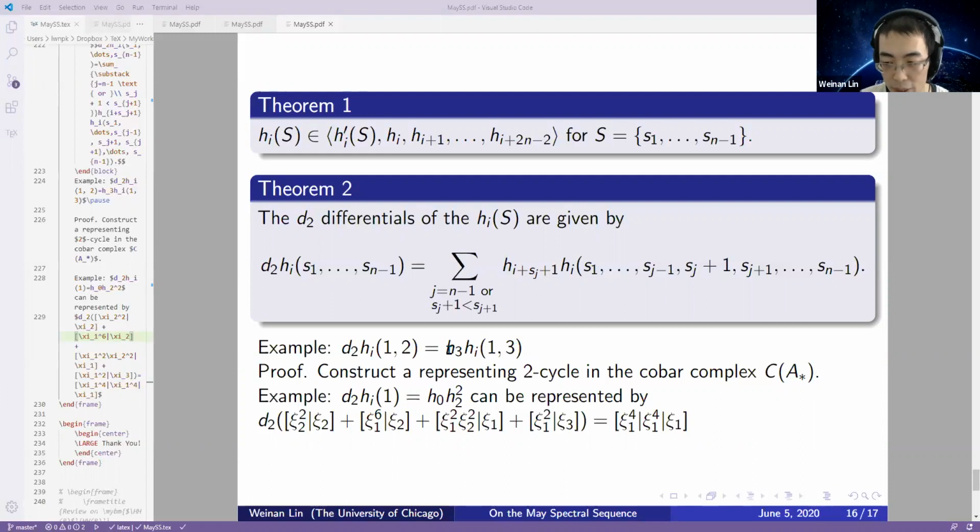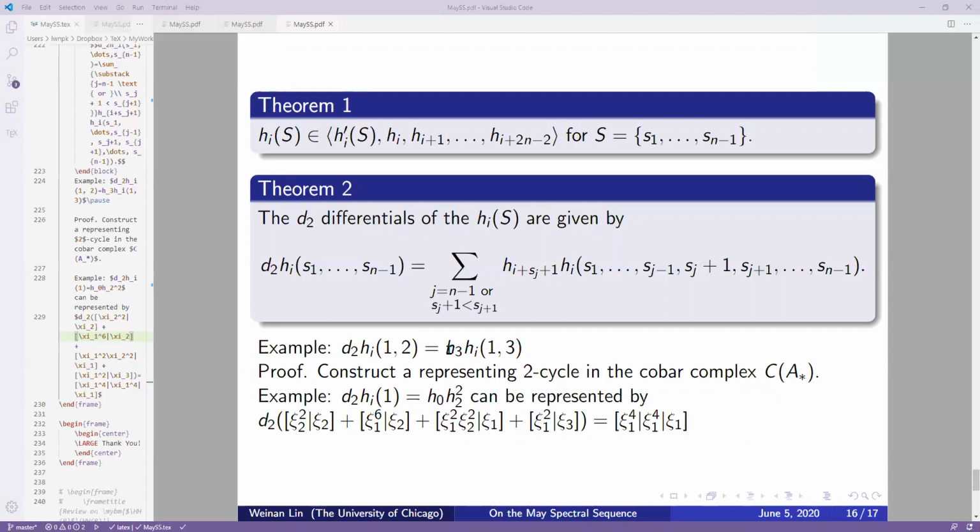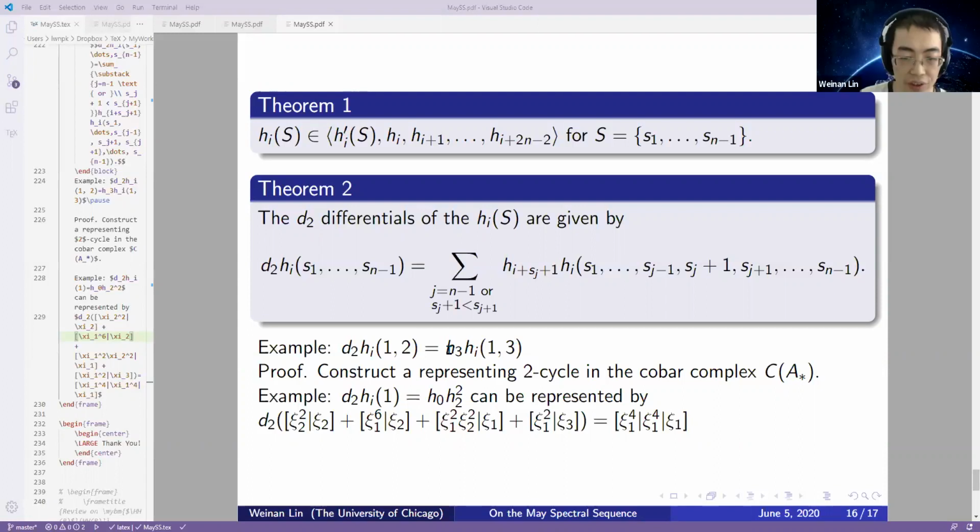The May spectral sequence is more focused on the E2 page of Adams. So my goal is to compute the E2 page of Adams. For example, I can compute them one by one. I mean, for the sphere, right now we have the E2 page of Adams up to Adams filtration like a